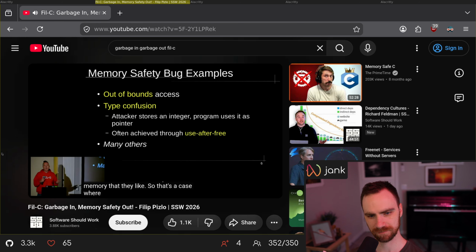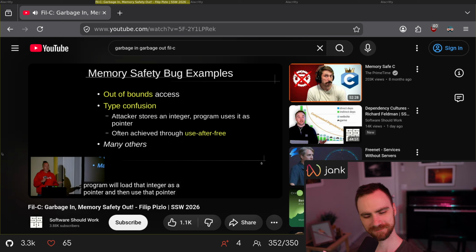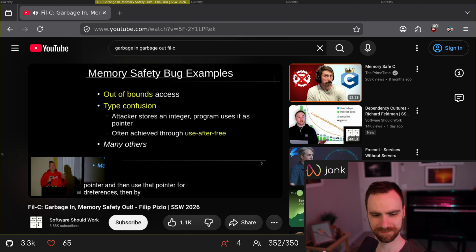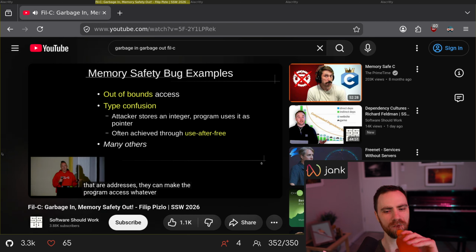So that's a case where the attacker suddenly gets to control all of memory. Another example is type confusion. If the attacker finds themselves in a position where they can store an integer of their liking into memory, knowing that the program will load that integer as a pointer and then use that pointer for dereferences, then